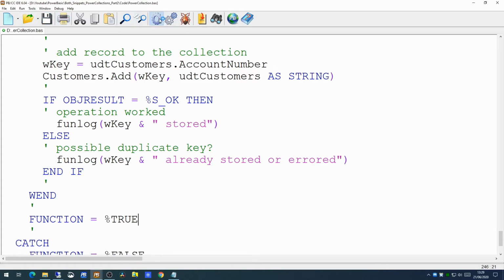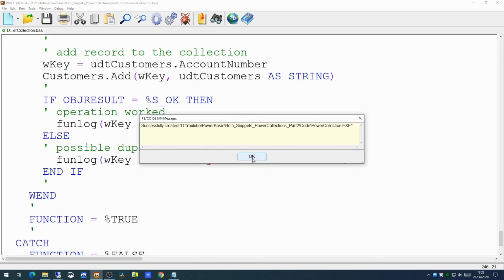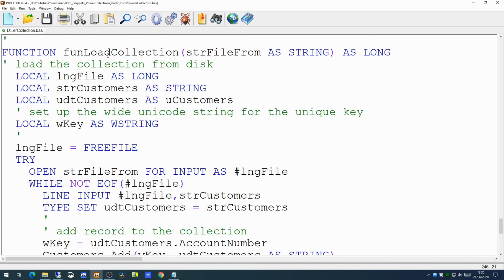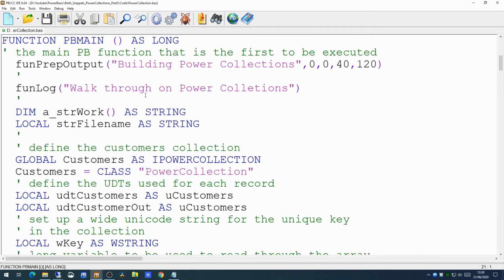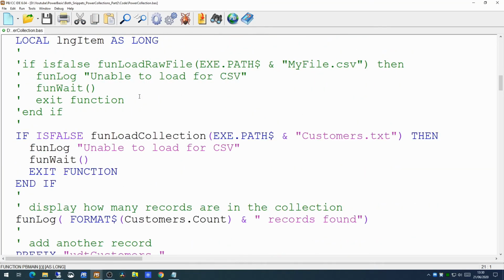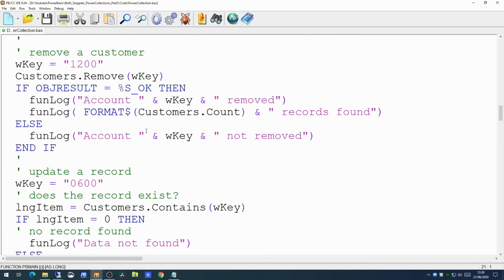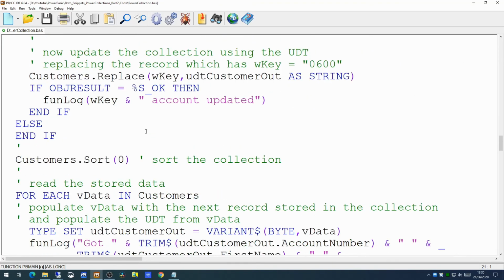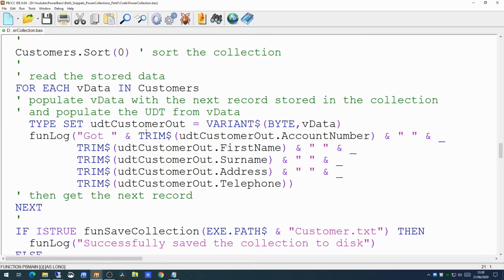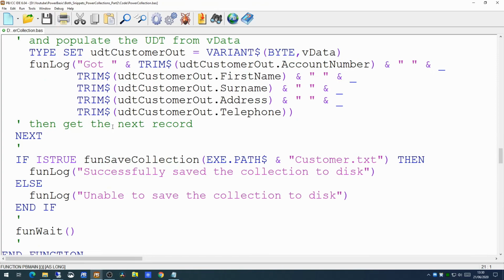So let's do a quick compile to make sure we haven't missed anything, and we've managed that one okay. So what this should do is we have a load collection in here and we have a save collection. So if we go back to our original code, once the file has been loaded, we should add extra records, take a record away, update a record, and then when we get down to the bottom, it will then sort the data, display the data on the screen, and then save the collection back out to the customer file again. So if we try running that now,